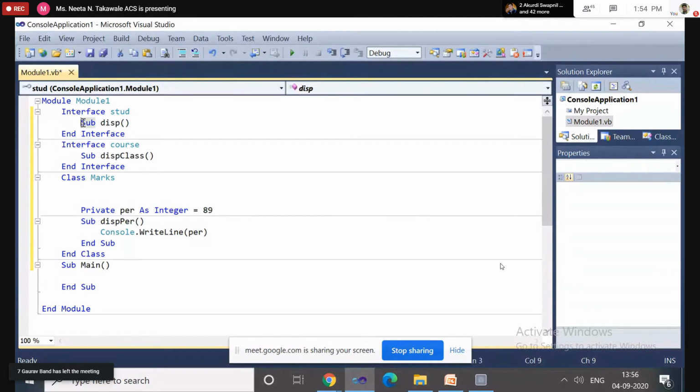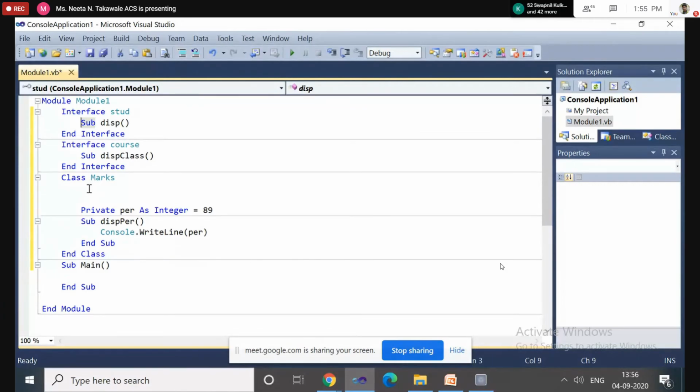Private and protected access specifiers are not allowed. Variables are also not allowed inside the interface. Okay, clear? Clear these rules? Yes or no? Yes, ma'am.